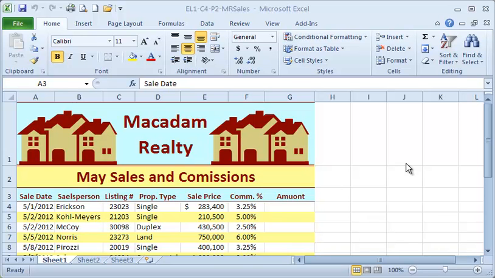Project 2 begins on page 126, and we're going to do a couple of different things within this project. The first one is we're going to complete a spell check. It's always a good idea to run a spell check in Excel just for misspelled words and things that maybe you've overlooked. But in Excel, it's a little bit different than maybe a word processing package in that Excel mainly